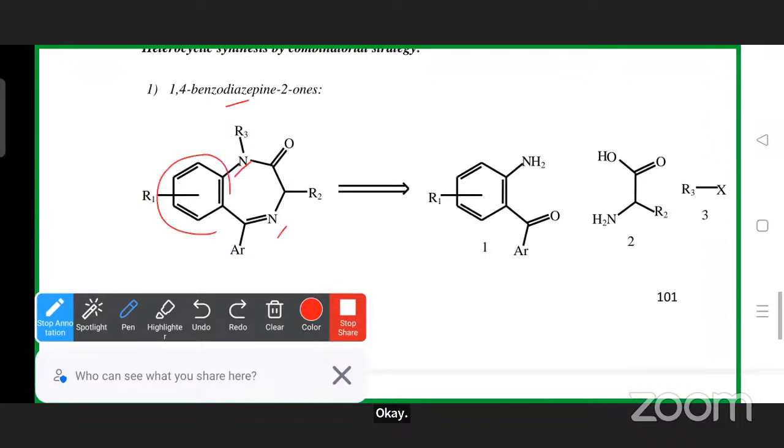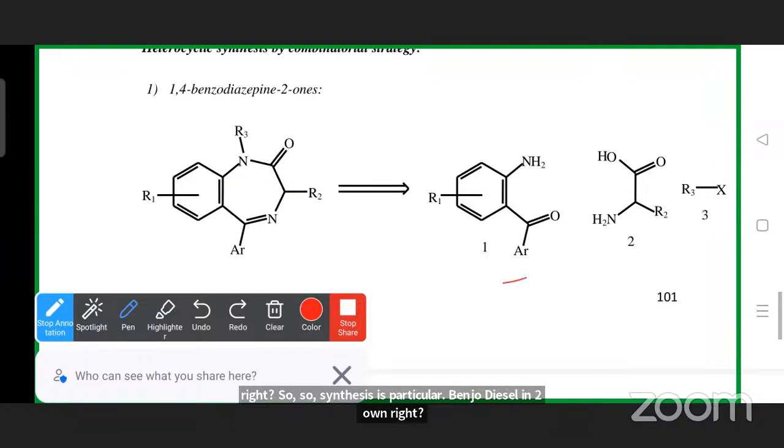And the benzene is attached. So benzo, diazepine-2-one. Here the ketone group is there at the second position, so 2-one. Okay, right. So to synthesize this particular benzodiazepine-2-one,